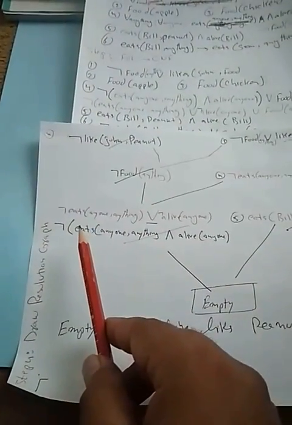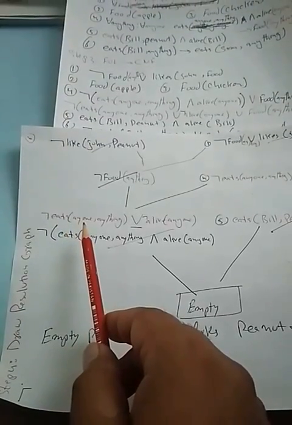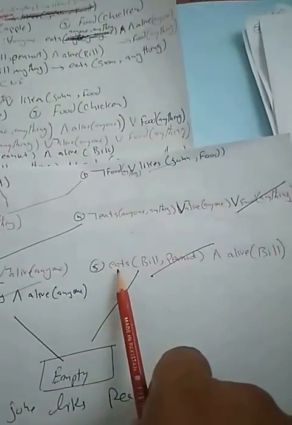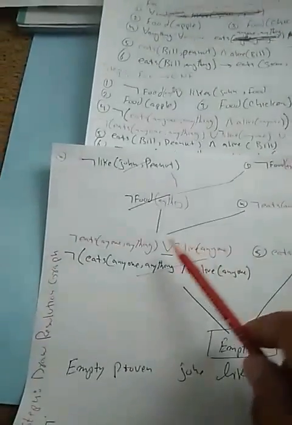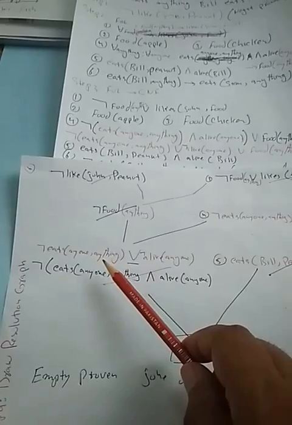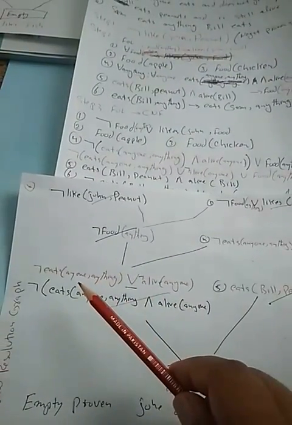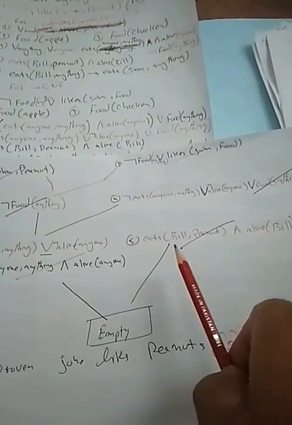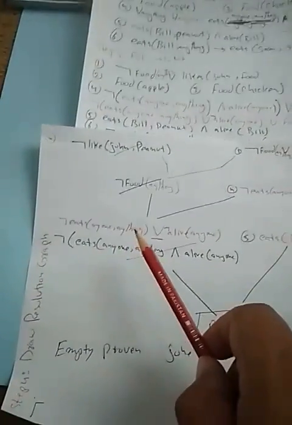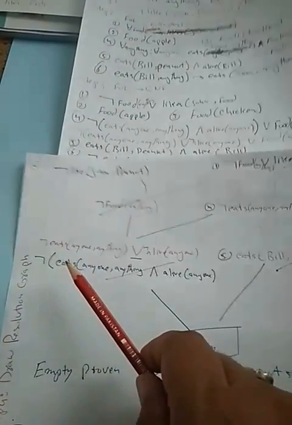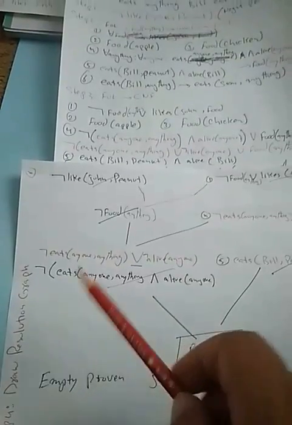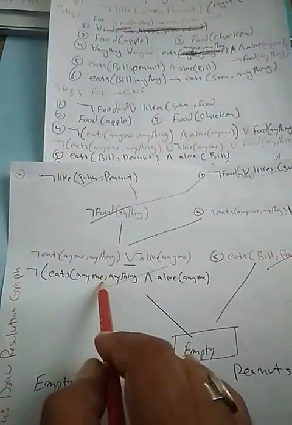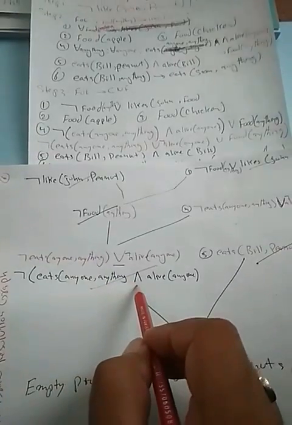So all, everyone, anyone eats anything, and anyone is alive. Eats Bell, eats peanuts means any peanuts also cover the umbrella of anything. Bell also covers the umbrella of anyone, meaning anyone, anything covers both names. So if you see eats Bell peanuts and alive, we move this inside. So eats, if we take negate out, it's going to be a simple statement: eats anyone anything, this conjunction